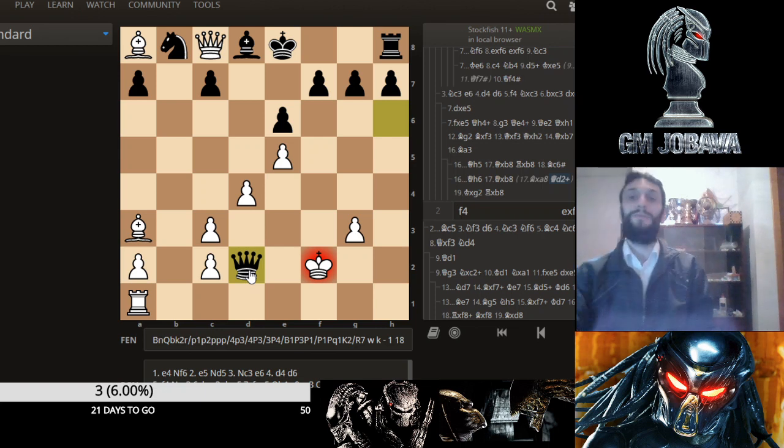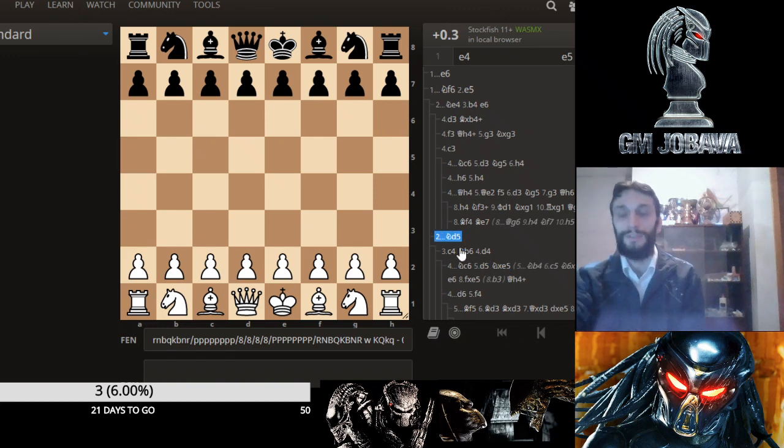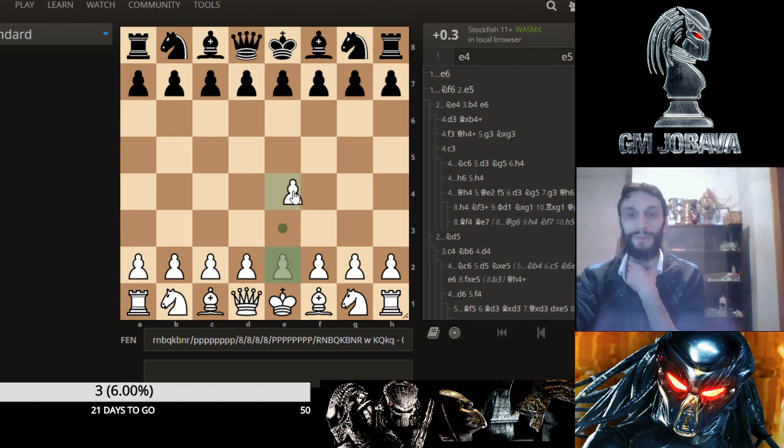Yeah, for example, now we move to the Caro-Kann defense. The Caro-Kann is also one of my favorite openings with black. So what ideas does the Caro-Kann have? So e4, c6,